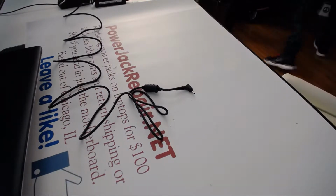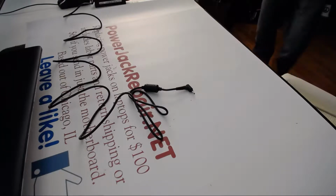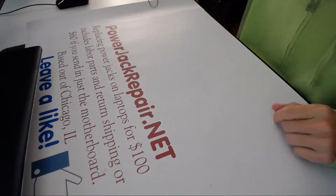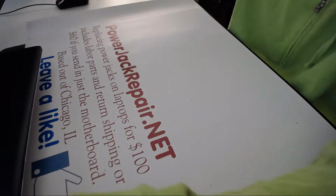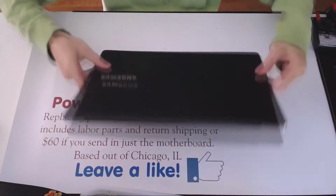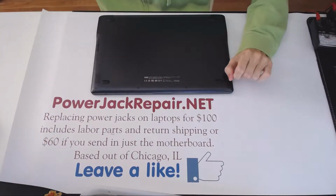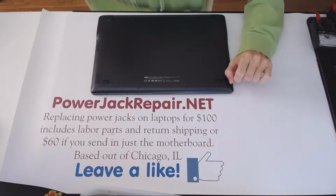I want to put the jack back where I got it from, because otherwise it's easy to lose the jack. Alright, so the problem is inside someplace. Let's take it apart